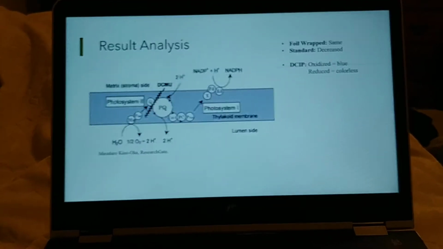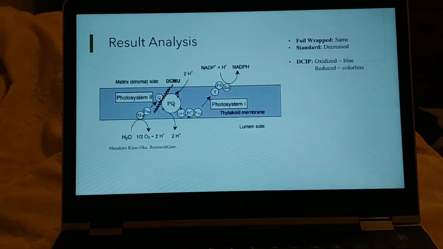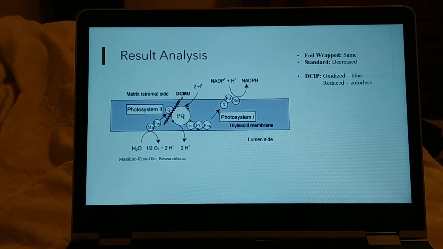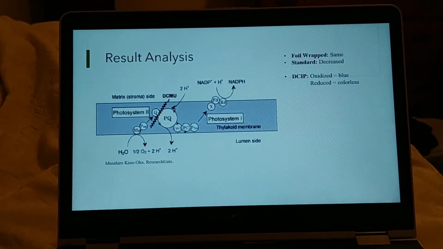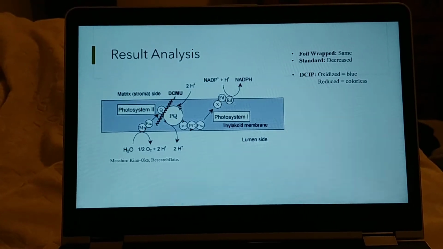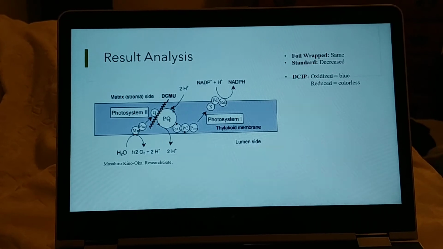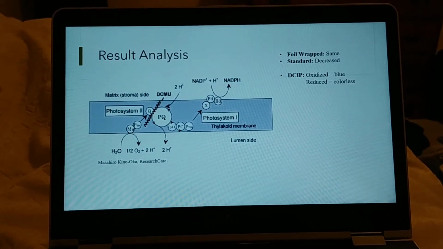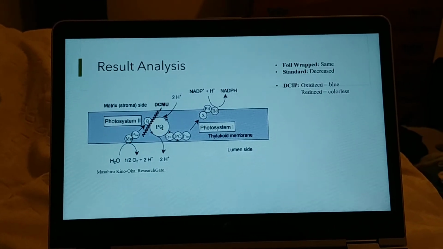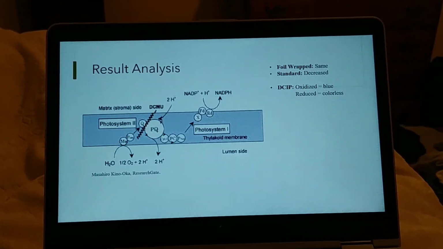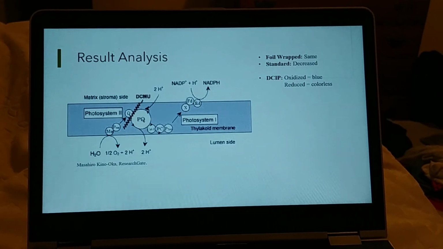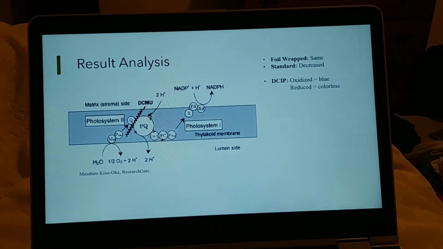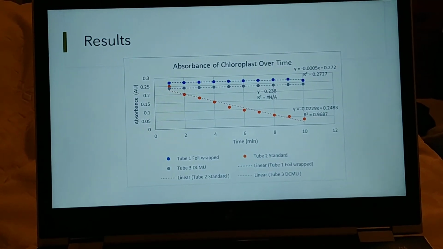When exposed to light in between when reading, the chloroplasts in the foil were slightly able to produce energy and oxygen and glucose with the light from above. So it was able to produce a slight amount of photosynthesis, which is why it slightly decreased, as shown by the equation